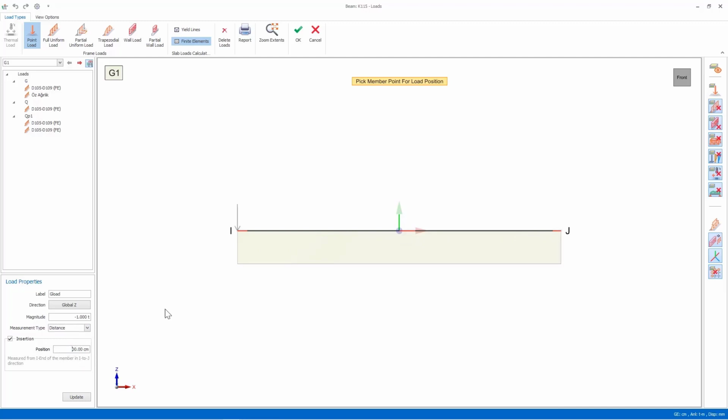Since element lengths may be revised during the project phase, we recommend you use the percentage option. In this case, the length or position of the load will always be automatically updated as a percentage based on the element length, even if the element length changes. When you specify an absolute position, these values always remain the same.